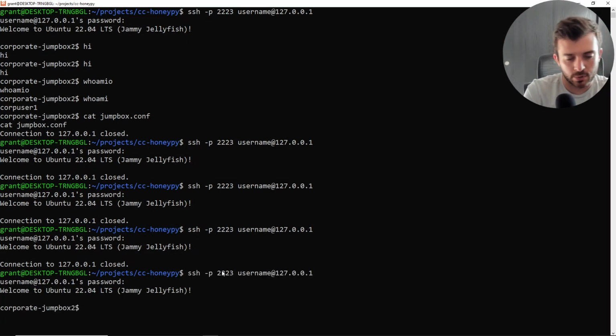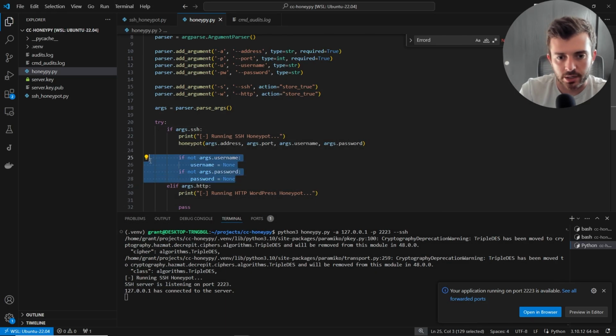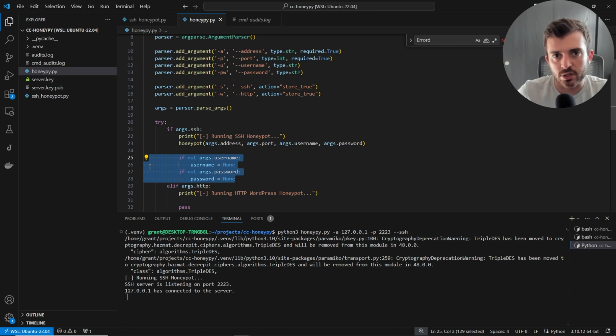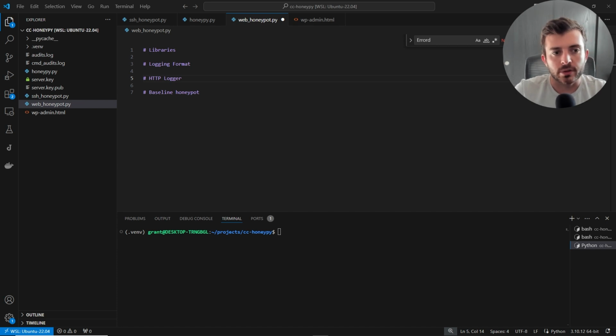Okay, perfect. So basically, we have implemented that small logic here. All right, so now it's on to our web-based honeypot. Using Python Flask and a static HTML file, we are going to be creating a small little WordPress login page. Starting with the web-based honeypot, I have created a new web_honeypot.py file in the same directory